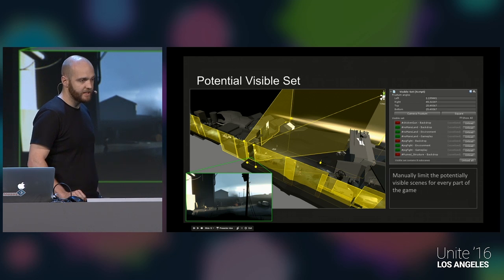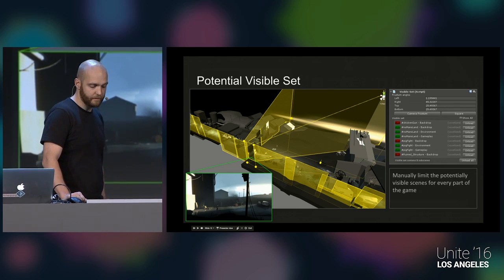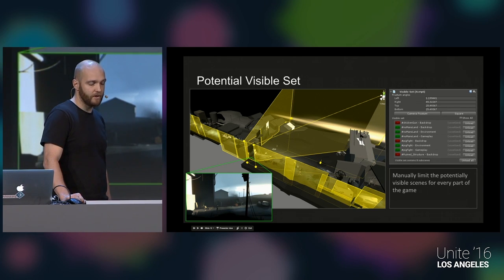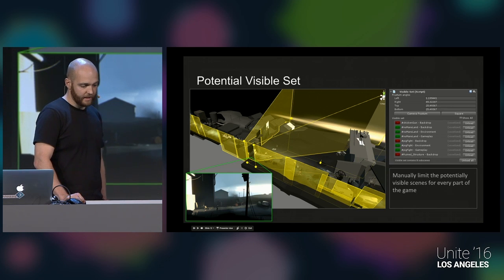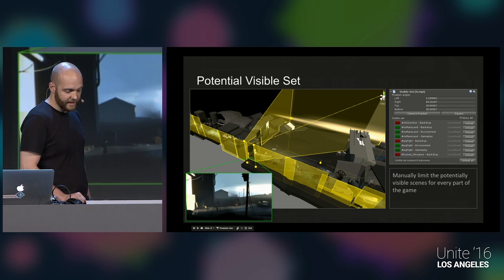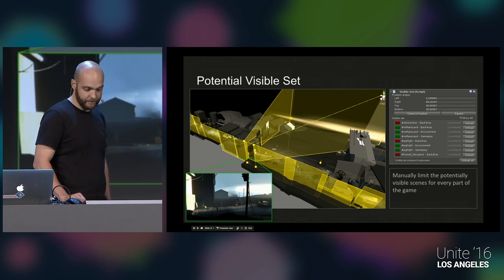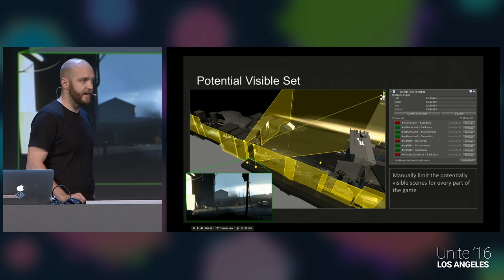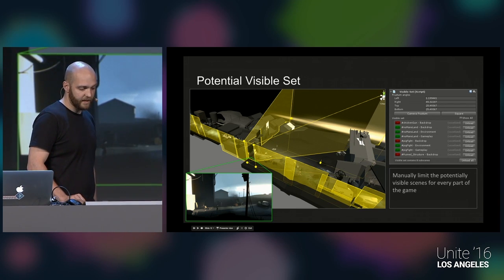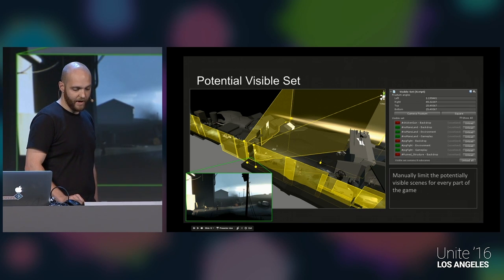We have a concept which we call potential visible set, which is a way for any part of the game to select which scenes are visible from that spot. And we do that by a frustum, as you can see in the picture, the yellow. And any scene that overlaps this frustum is going onto the list on the right side of the screen in